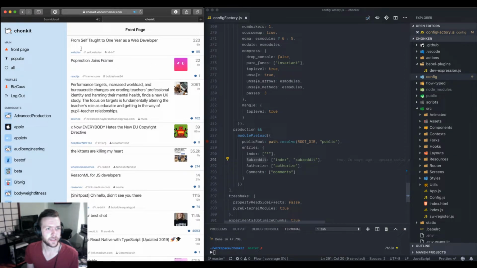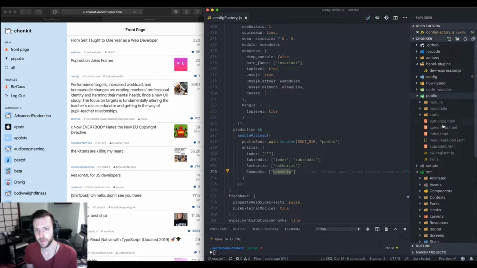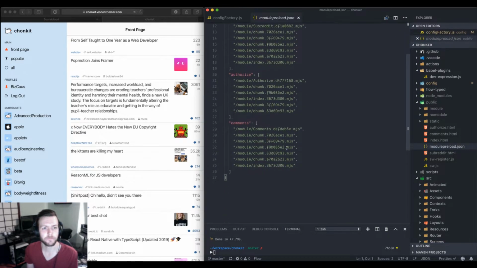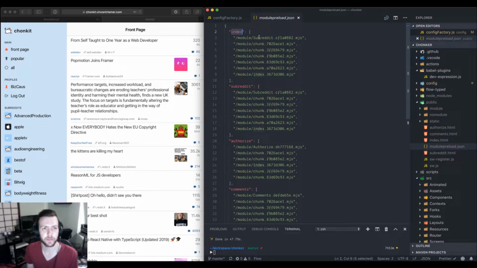That index screen, it's the front page, so it's technically a subreddit screen. So the subreddit entry point maps to both the index.html and the subreddit.html. Authorized to authorized, comments to comments. Pretty straightforward. And if we look at the public, you see those lowercase index, subreddit, authorized, comments are there. And actually, what this module preload does is it doesn't actually create the HTML files. It creates this JSON file, which is a mapping between sort of the HTML name and